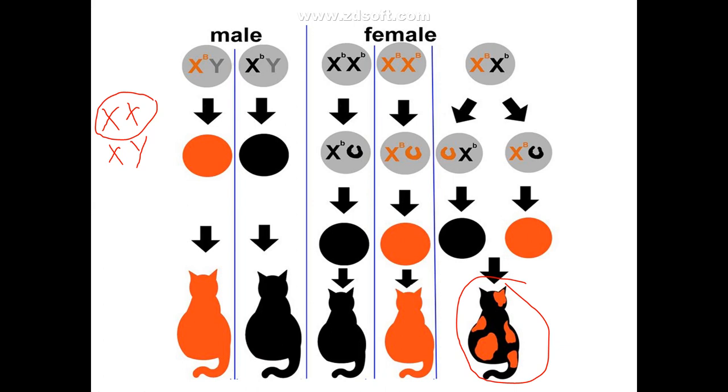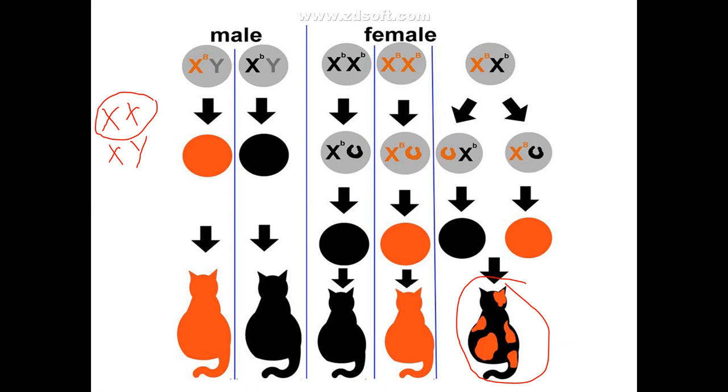So you see that the color of the fur is present on the X, everywhere. Males carry only one X chromosome, so either they carry the trait for orange color or the trait for black color. If they carry the trait for orange, that cat will be an orange cat. If it carries black, then it is black. You may say there are other colors also, but we are taking only the example of the calico cat. So what about the female?